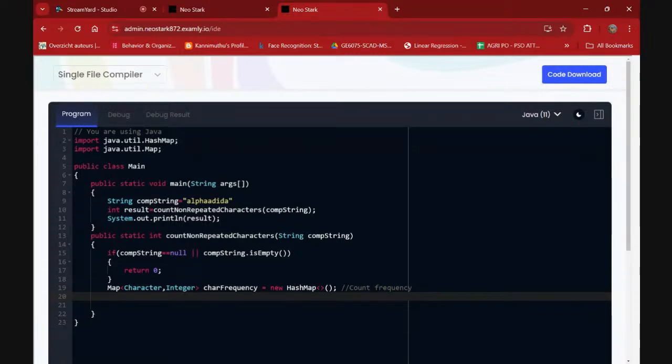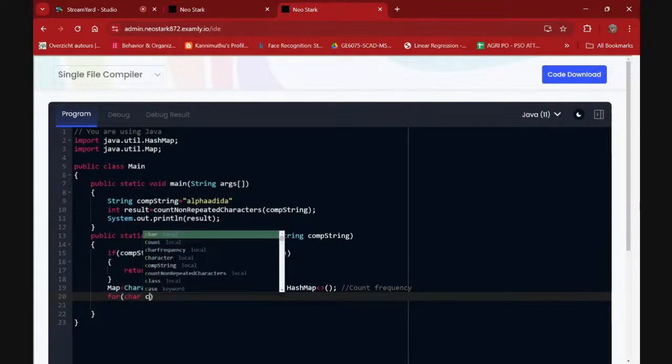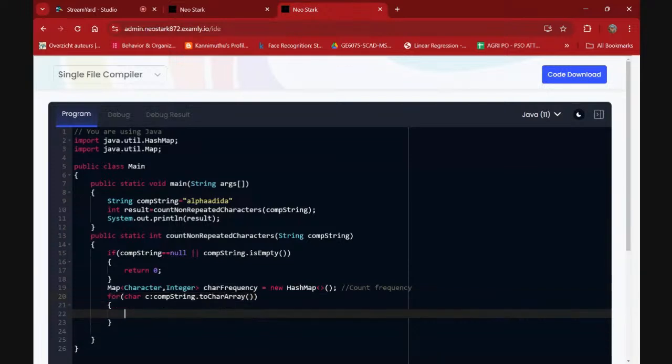I have only a string, so that has to be converted into a character array. To convert that, we have an inbuilt function which is toCharArray. This is an inbuilt function that can be used to convert your string to a character array.